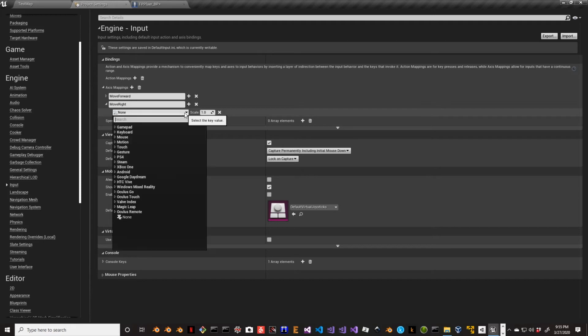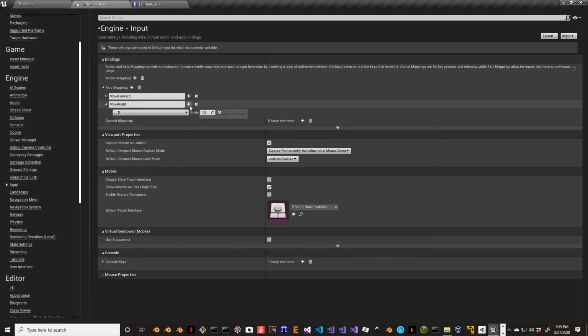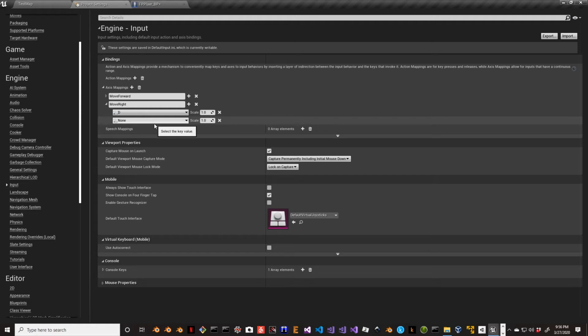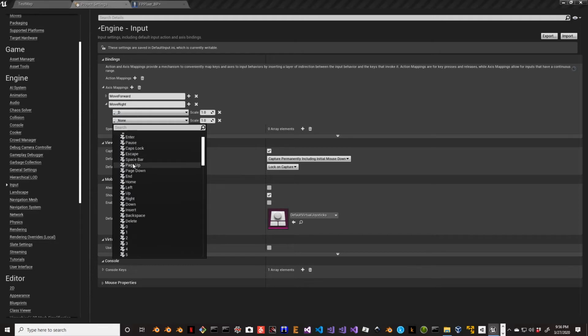So to move right, we want to use the D key. So we'll go down to keyboard again and select the D key. And then we'll add another mapping to this one because we also want to add the A key. So go keyboard, A,